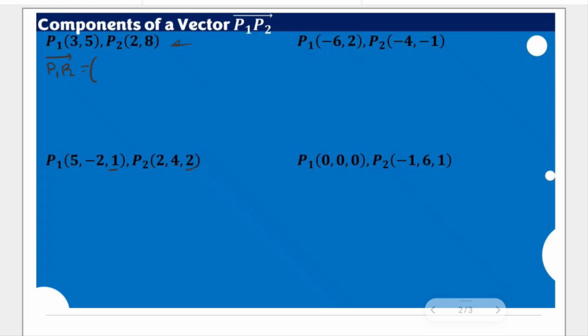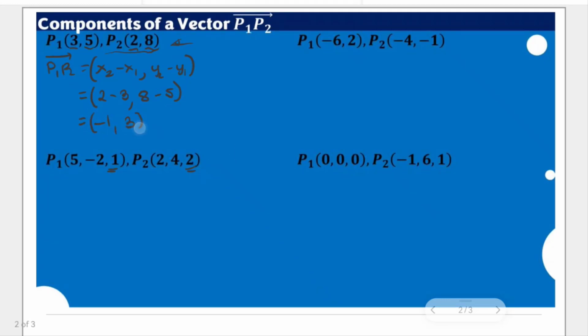And then let's say that the first entries here are x's. We have here y's, and for the next you have here the z's. This is to be x sub 2 minus x sub 1 and y sub 2 minus y sub 1. So we just simply plug in the values here, where x sub 2 and y sub 2 are part of p sub 2, and x sub 1 and y sub 1 are part of p sub 1. So here you will have the results for 2 minus 3, and you have 8 minus 5. So the component of the vector p sub 1 to p sub 2 would be, you have here negative 1